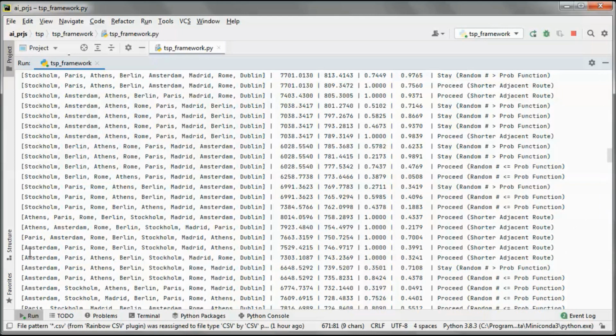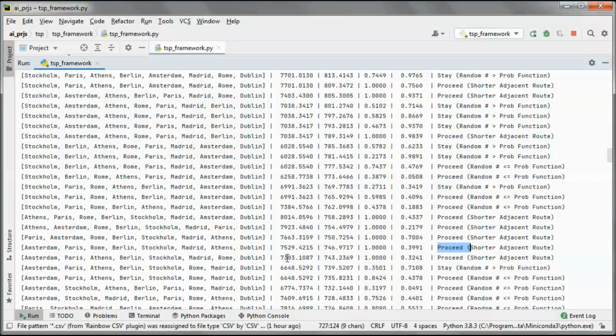And just to show here, we take a look at the adjacent route that has those two cities flipped, and the adjacent route has a shorter distance, so we go ahead and proceed.